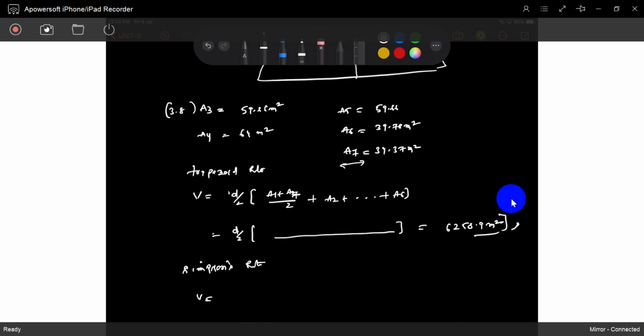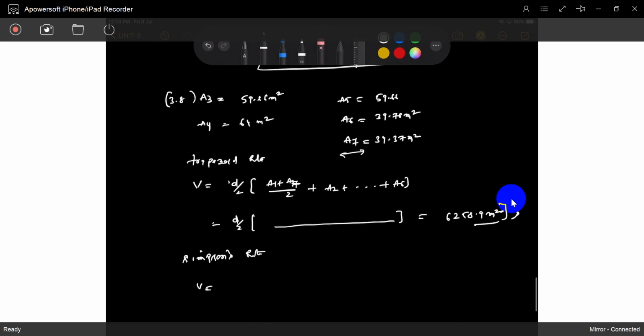So if an even number of ordinates are there, how can we apply Simpson rule? We apply it up to 6 ordinates, and for the last one span we can use the trapezoidal rule. We already solved one problem in the previous class, yesterday. For an even number of ordinates, it's the same thing, no difference at all.